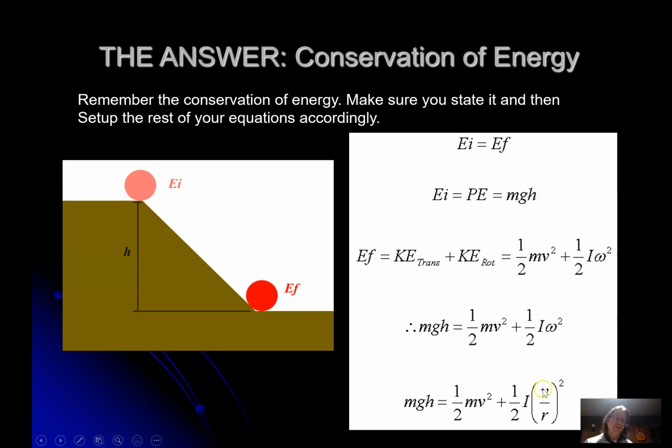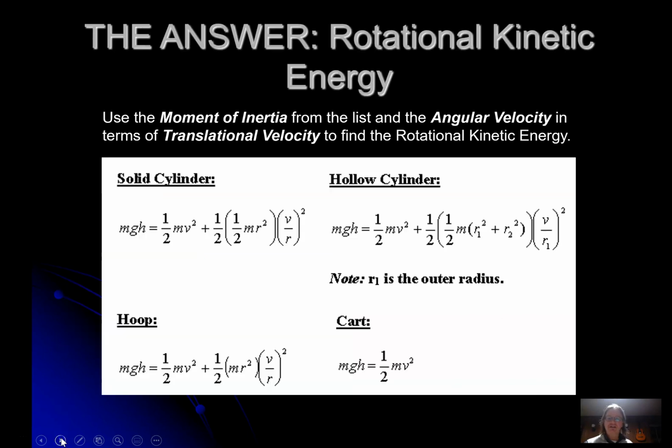So here's where we left off. We're going to substitute this V over R in for the W. Then we're going to clean all this up and substitute some values in for that I. Here we go. Alrighty, so you can see we have a solid cylinder, we have a hoop, we have the